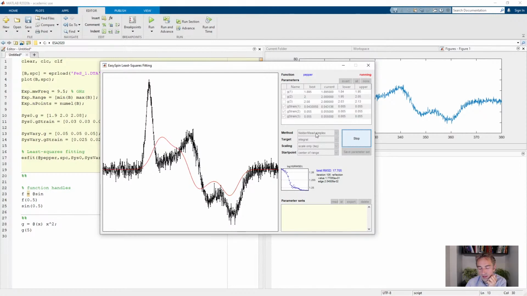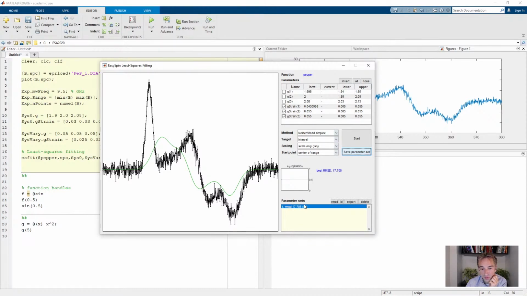So you might realize, oh well, maybe I didn't choose really good starting values. Now what you can do, you can press stop, stop fitting. And now you will see your current best values given here. If you think these are good and you want to use them for anything later on, you would just click here, Save Parameter Set. And if you click that, these parameters that were your current best fit will go down